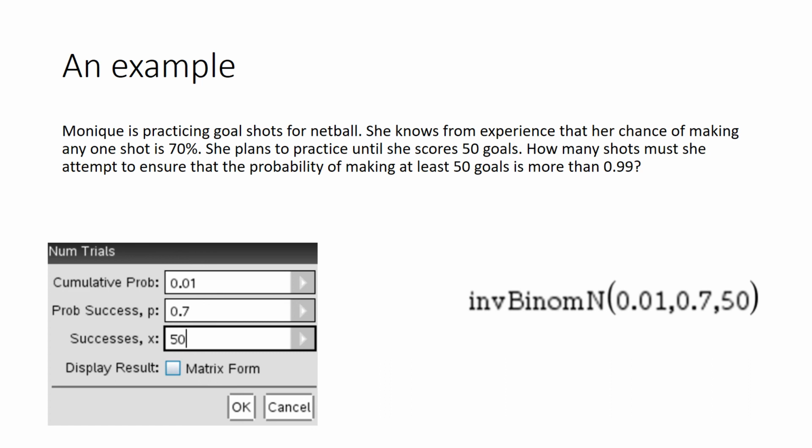And so if we put those in, if you do inverse binomial n, you get 0.01, with 0.7 and 50, you end up with 86, which is the correct answer. And it's a lot easier than going through